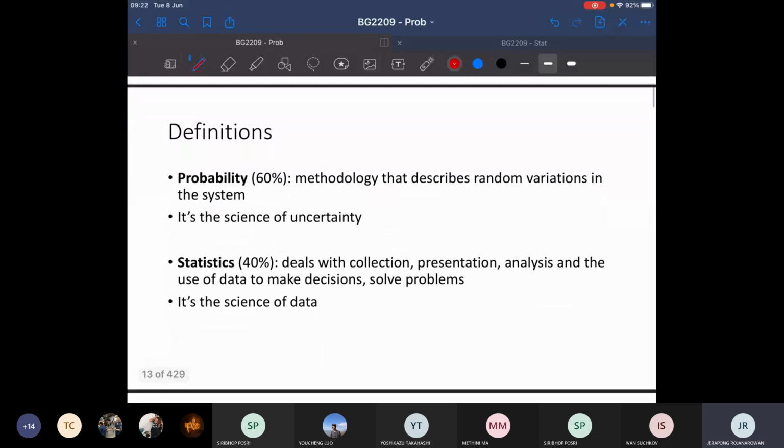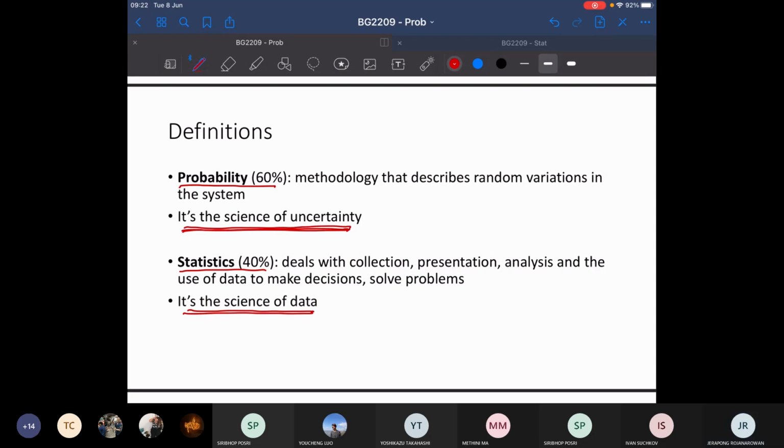And in this course, we are going to study two things. Probability 60% of the time, statistics 40% of the time. Probability is the study of the uncertainty in the system. And statistics is the art of studying the data. นะง่ายๆเลย probability คือศึกษาความเปลี่ยนแปลงในระบบนะ stat ก็คือศึกษาเกี่ยวกับข้อมูลนะเราต้องเกี่ยวเรื่องเรียนรู้เกี่ยวกับการจัดการข้อมูล